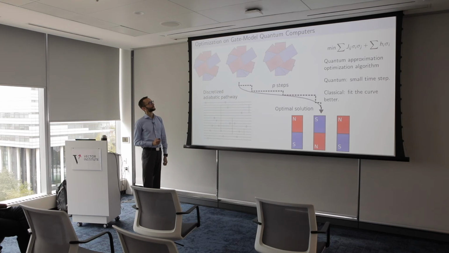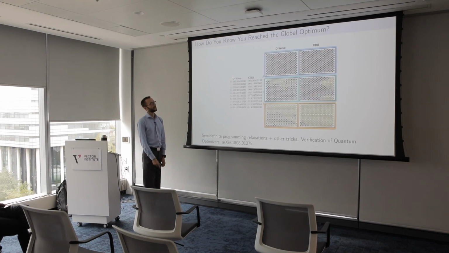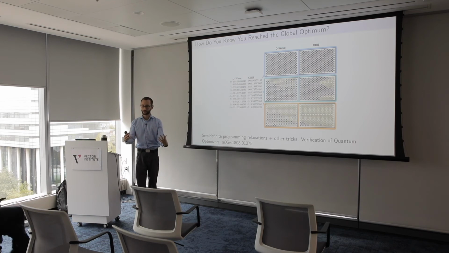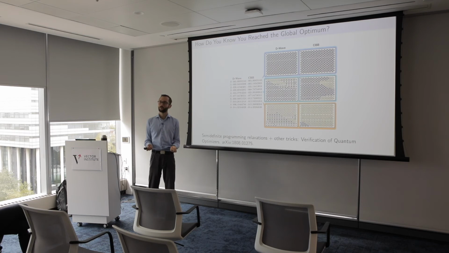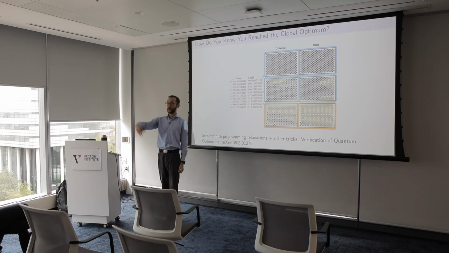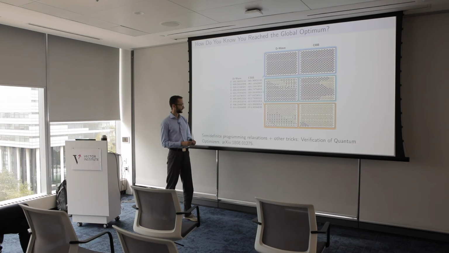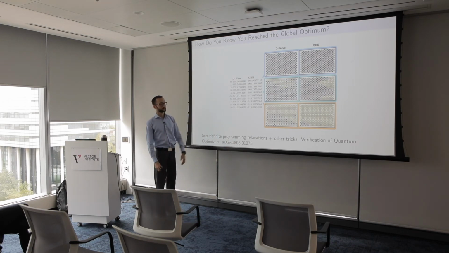All right. But the problem with both approaches, whether it's actual annealing or approximate optimization, is that you don't know how far you are from the global optimum. So fine, it gives you some solution, but it comes with absolutely no guarantee of how far you are from the actual global optimum. Until 2 months ago, when we published a paper on how to do this.